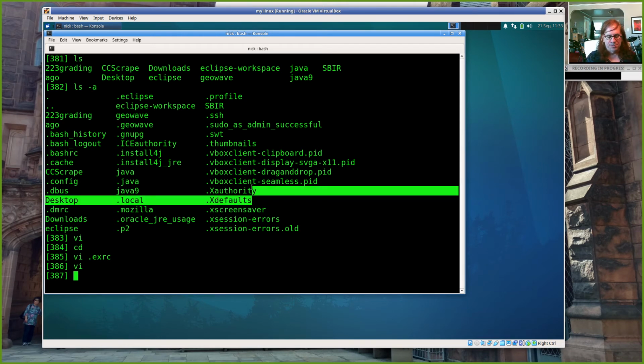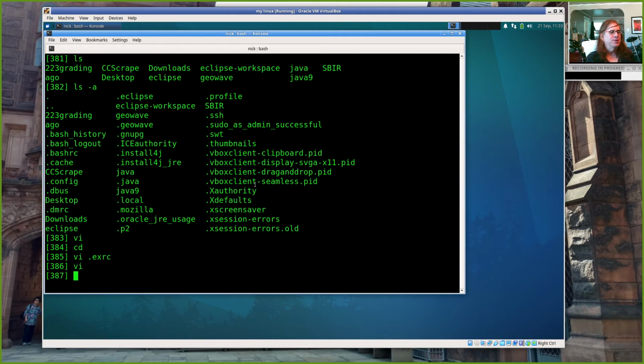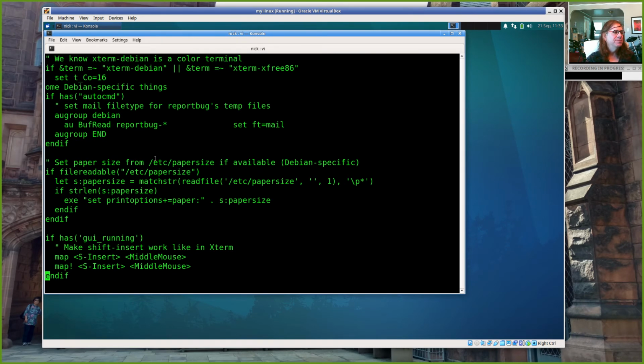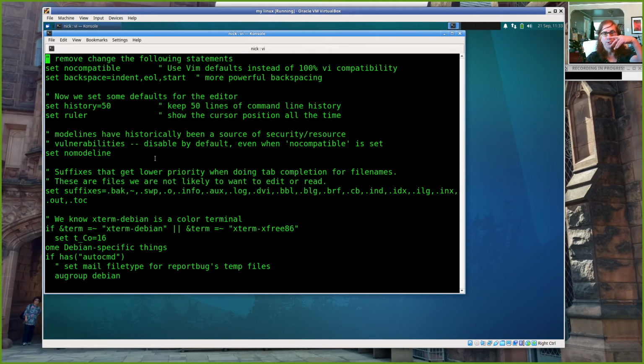All right, so we'll stick in VirtualBox here. It's a fun environment. So that's one way you can customize things, right? And .exrc is a file that whenever you say vi, it looks for that file and decides what it should do. And some combination of all of these things combined to say, hey, if somebody hits an arrow key in insert mode, move the cursor instead of typing A's and B's and C's.